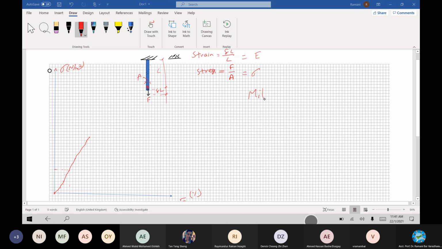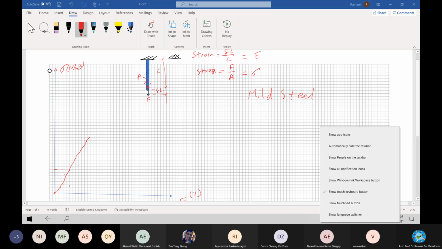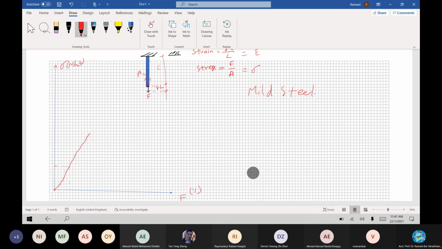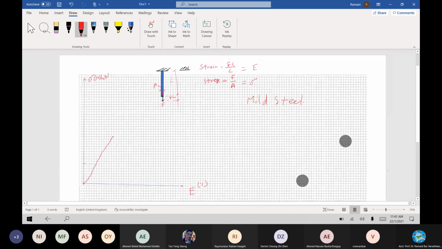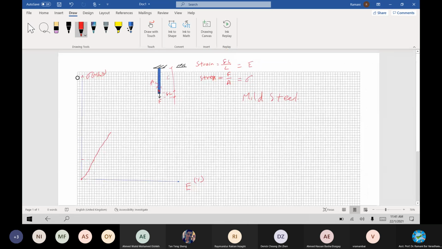We have taken the mild steel. Remember that point, mild steel. So behavior is very proportionate between stress and the corresponding strain produced. All of you know what is strain, isn't it? The deformation, change in length to original length.